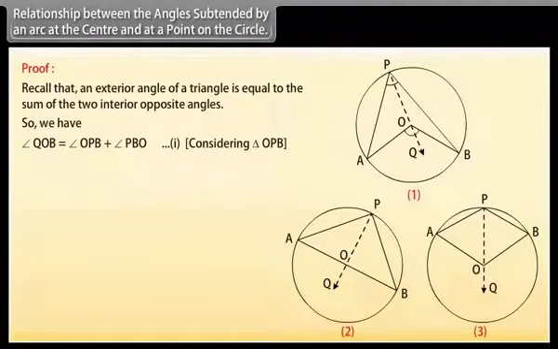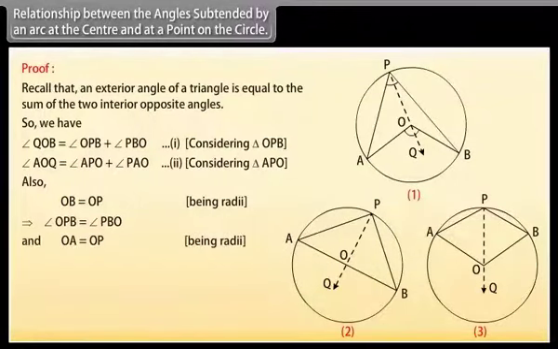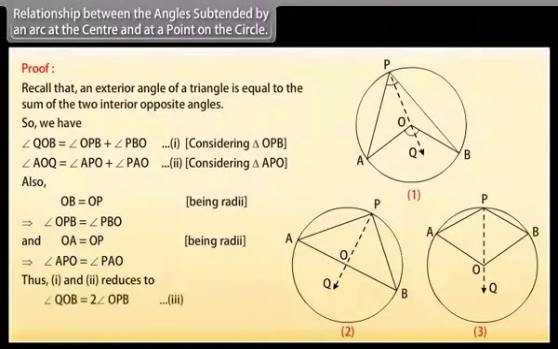1. Considering triangle OPB, angle AOQ is equal to angle APO plus angle PAO. 2. Considering triangle APO. Also, OB is equal to OP, being radii. Angle OPB is equal to angle PBO, and OA is equal to OP, being radii. Similarly, angle APO is equal to angle PAO, thus 1 and 2 reduce to angle QOB is 2 into angle